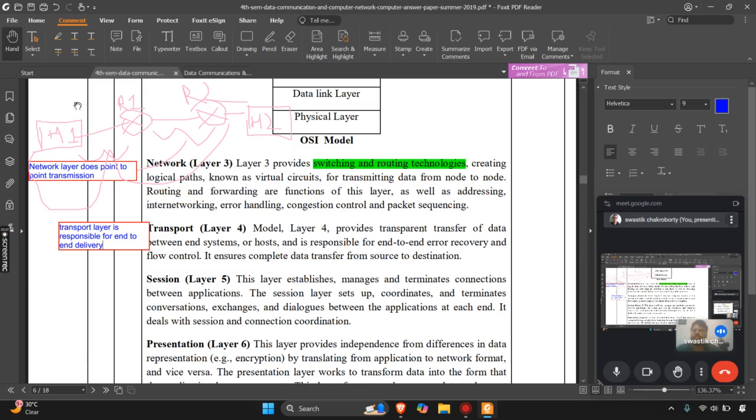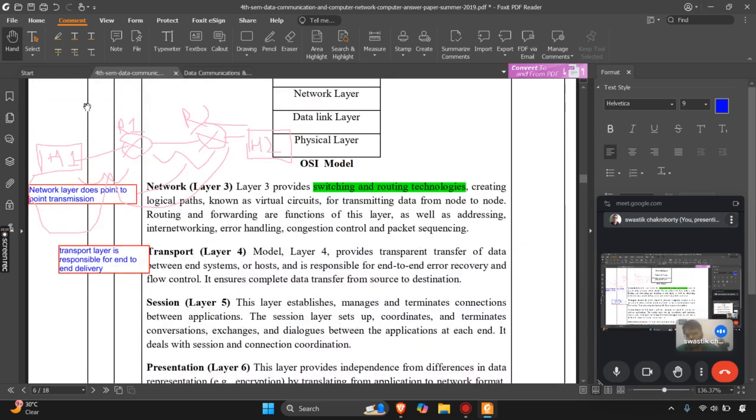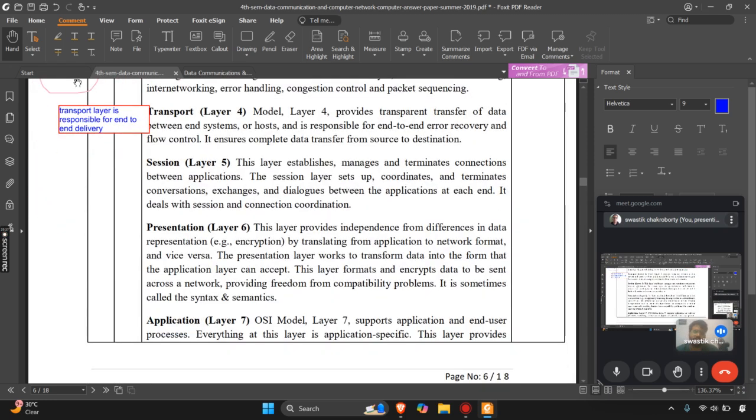Now, session, presentation, and application are not distinguished in TCP/IP. In TCP/IP, it is shown as the application layer. The application layer is the layer that you see at your end. So, if you send an email, the email needs to be